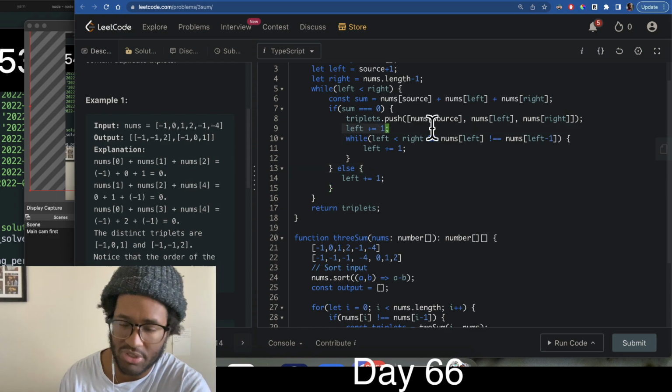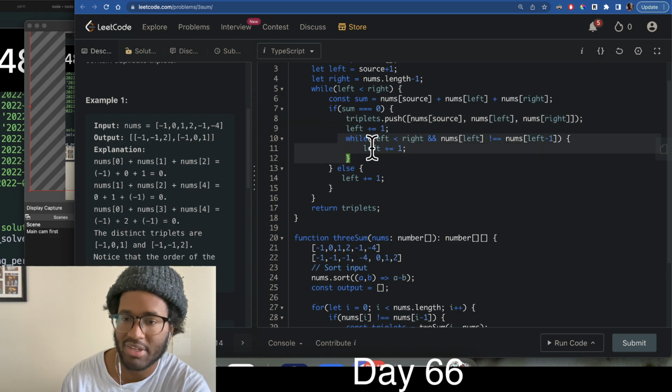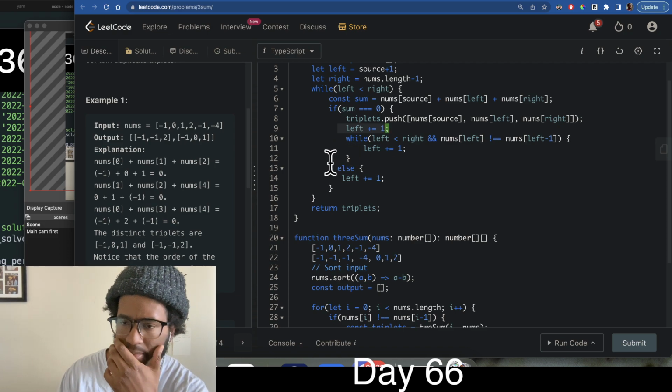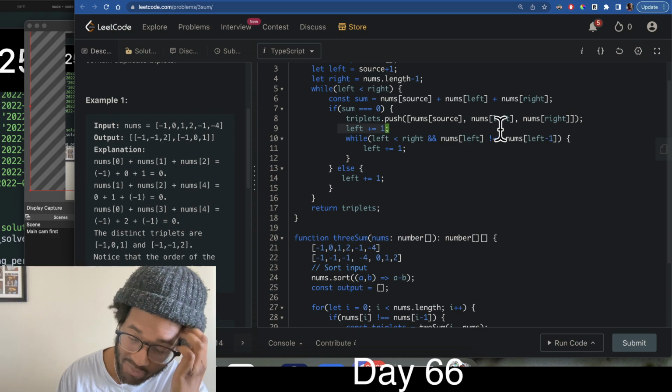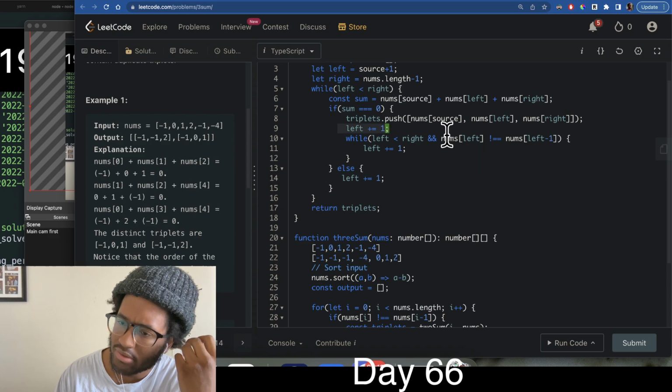And the reason we added this left plus equal 1 before here is because this is a typical thing you have to do right before a while loop that you're expecting to increment that same counter, right? If we found a triplet without this line here, this loop would run basically forever in a particular circumstance, right? Because while left is less than right and num sub left is not equal to num sub left minus 1. If they were the same, this would run forever, right? So if they were the same,